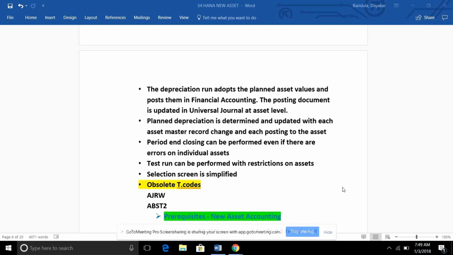Yeah, there's a separate transaction you have to do to actually reopen for tax adjustment. You cannot directly do it if it's closed. But I think we can go with this for tax adjustment. I understand, but you have to go through one more step. You have to go to OAAQ and check it, and you can open there if it is closed. What I mean to say is, you could open both years, like you are in 2018 now, but fiscal year 2017 you can still open in OAAQ. It need not be closed. But now in HANA, it seems it's mandatory.